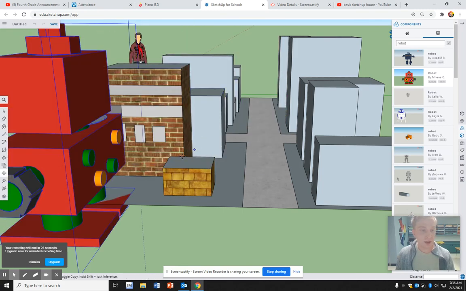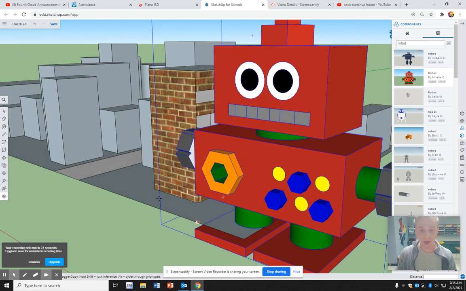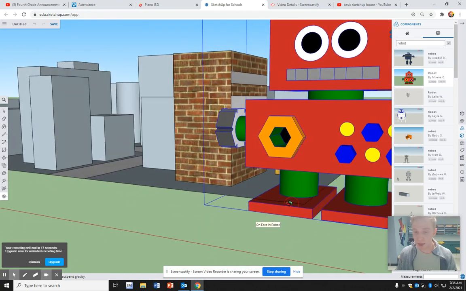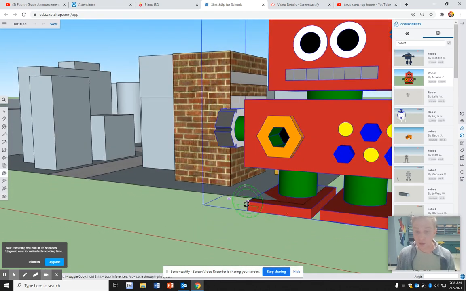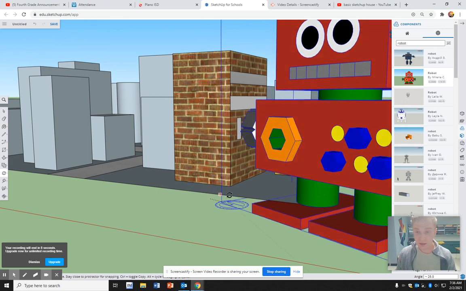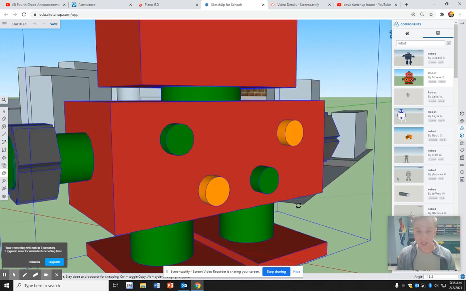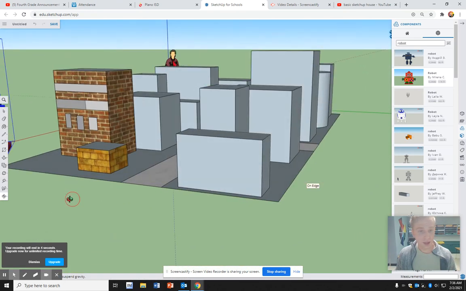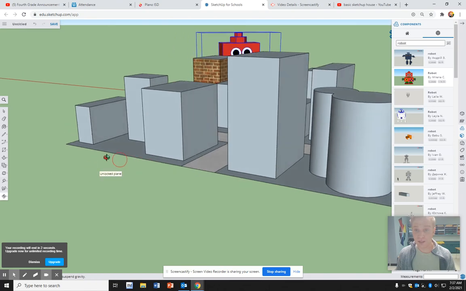I'm going to click him here, but I don't like the way he's looking. I want him looking at the city. There is a tool called the rotate tool. It's a little bit hard to use, so just practice. Remember, you have a back button if you don't like it. I'm going to put this at his feet right there, and then I'm just going to click again, and this is going to rotate him so that maybe I can take a really cool picture at the end of my